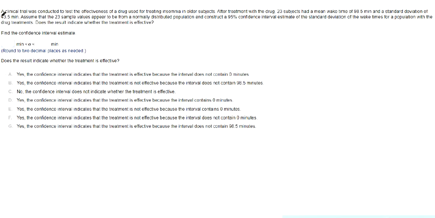Sorry about the small print here, but we have a clinical trial that was conducted to test the effectiveness of a drug used for treating insomnia. After treatment of the drugs, 23 subjects, so I'm just going to write n equals 23. We had a mean wake time, so their sample mean was 98.5, and we had a standard deviation. It comes from a sample, so I'm going to write s instead of sigma. Standard deviation is 43.5. And then we're assuming that it comes from a normally distributed population,